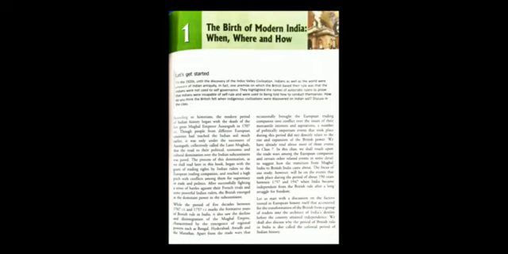In this chapter, our main focus will be on the events that took place during the period of about 190 years between 1757 and 1947, when India became independent from British rule after a long struggle for freedom. We will also discuss why the period of British rule in India is also called the colonial period of Indian history.